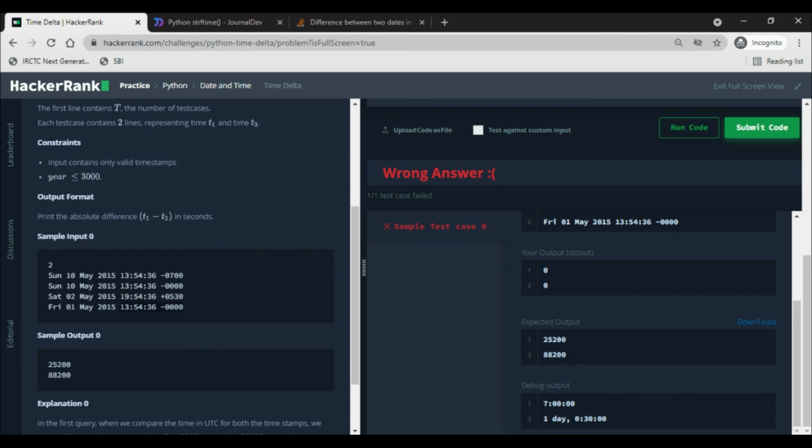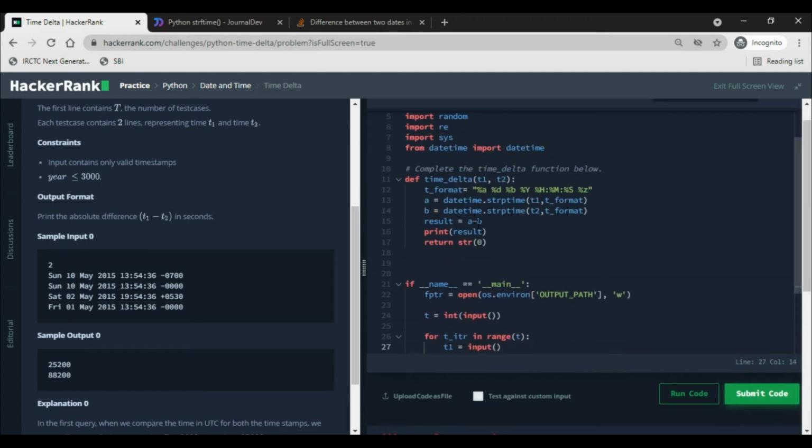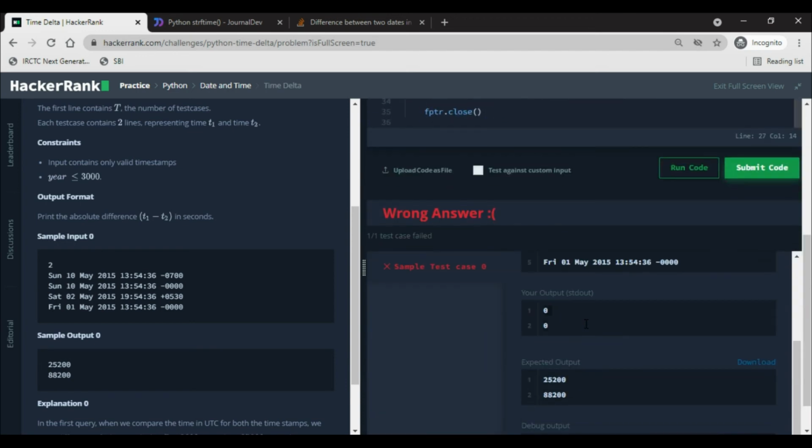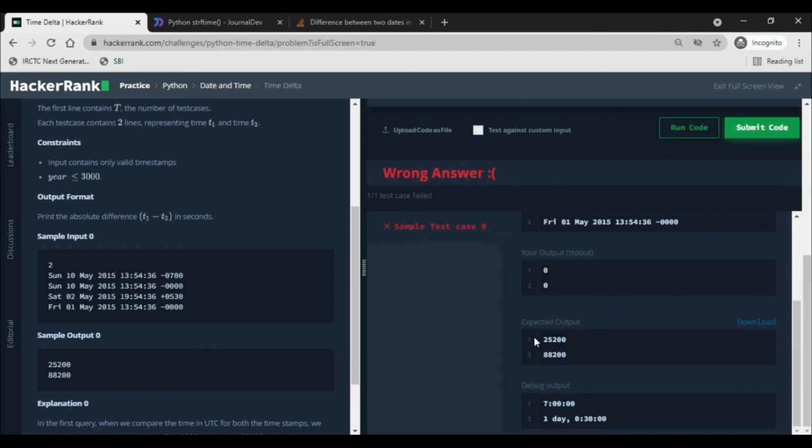Expected output was this and debug output is this. So they have made the code in such a way that you will only see here the main output, whatever you are returning from the function. So let's return the, yeah, we have to send the result in seconds form, right? And we have hours form.